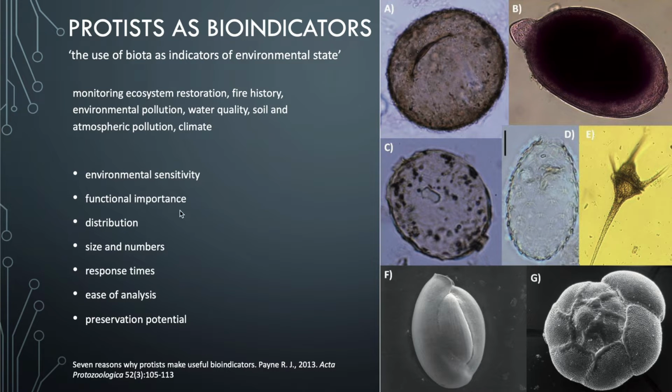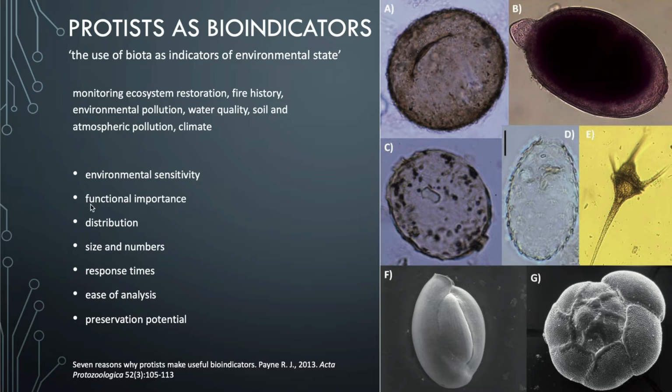And there are 7 particular reasons why protists are great bioindicators. And this includes environmental sensitivity. So they're relatively sensitive because they don't have walls around them. So they're permeable and they feed on a lot of smaller organisms. So therefore, those organisms would potentially have pollutants in them, and the protists then eat them, and they could either be sensitive to them or could biodegrade these.